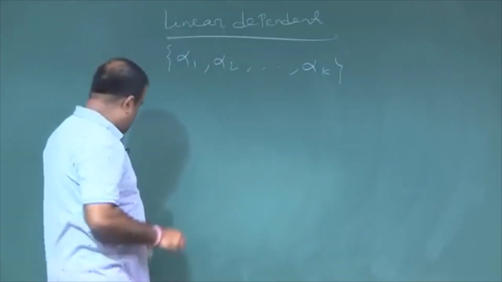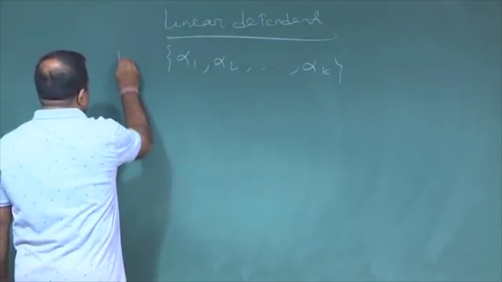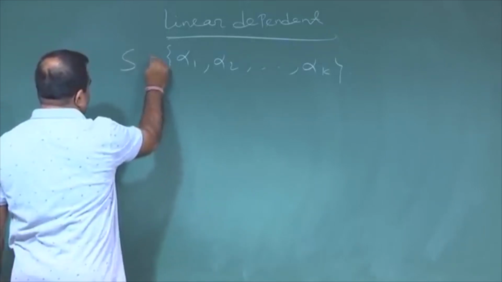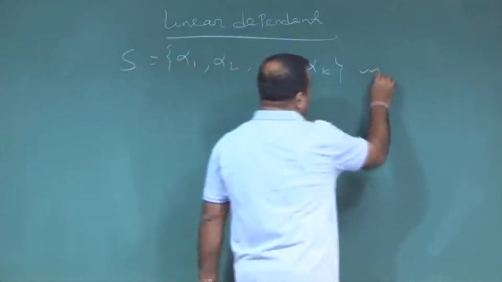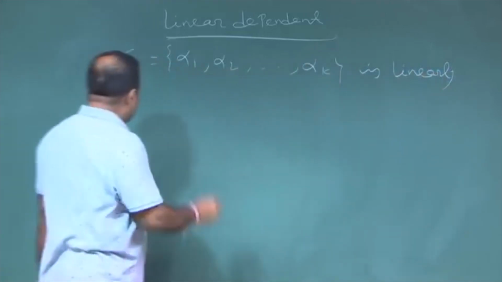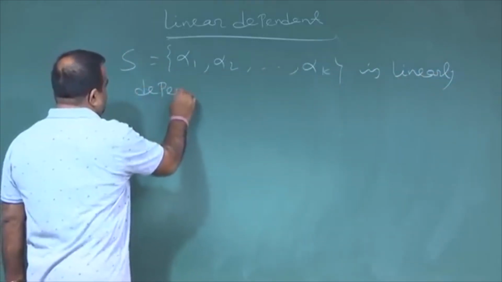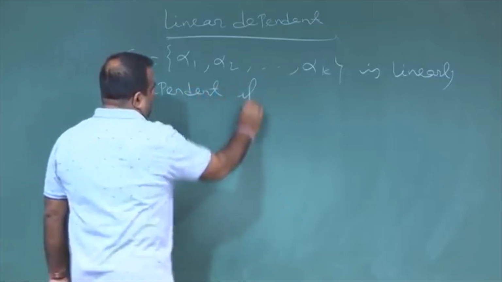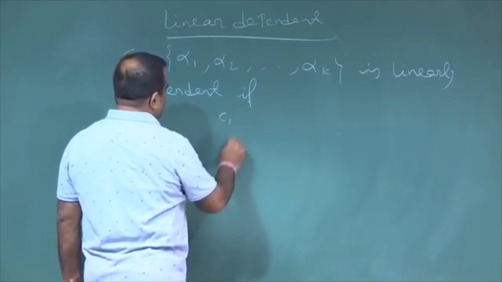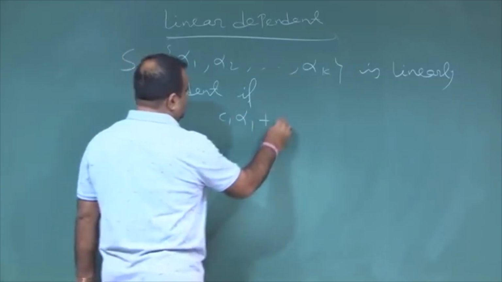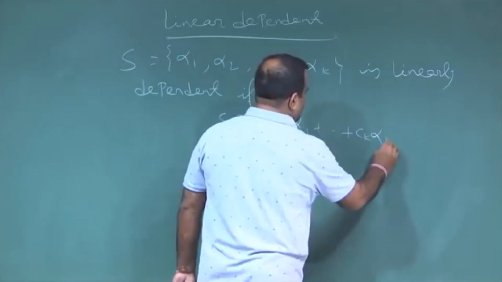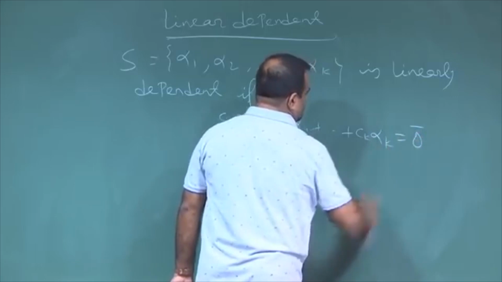Now, we call this set, say S, linearly dependent; this is the definition. So, these alphas are linearly dependent if we have a linear combination c 1 alpha 1 plus c 2 alpha 2 plus ... plus c k alpha k giving us the 0 vector,